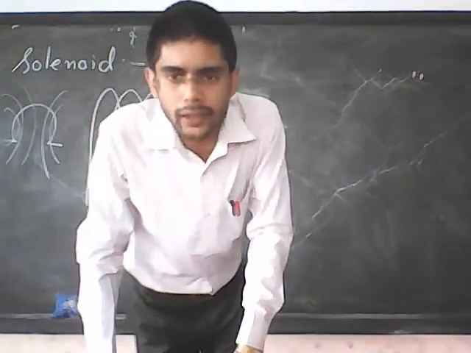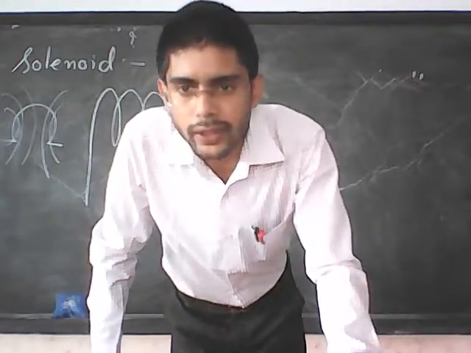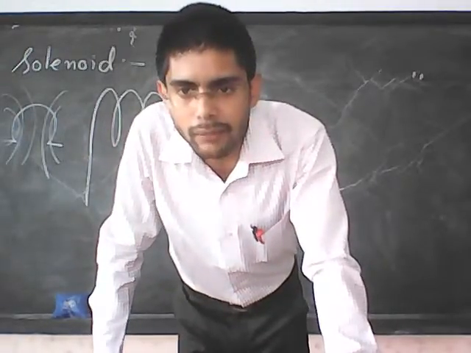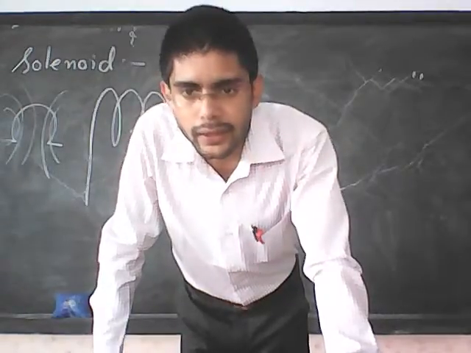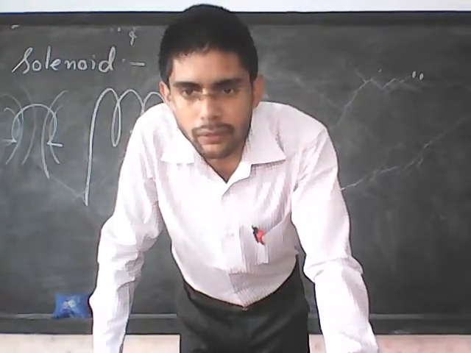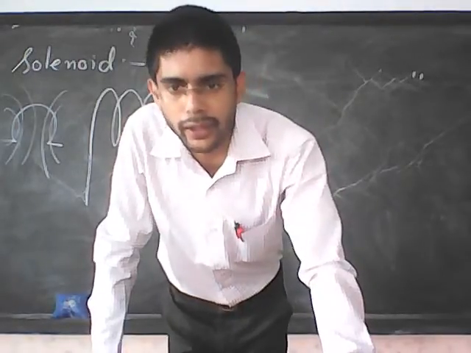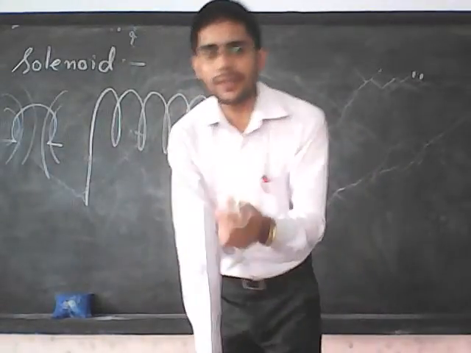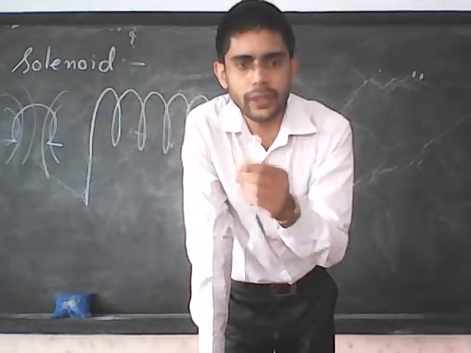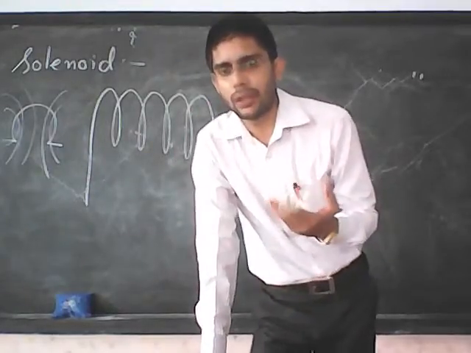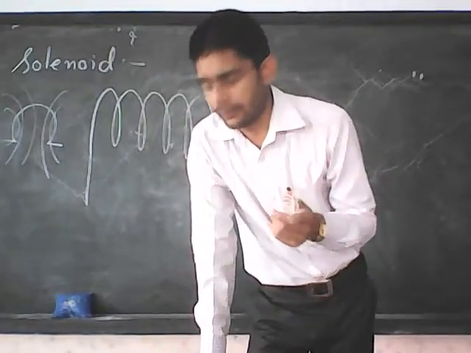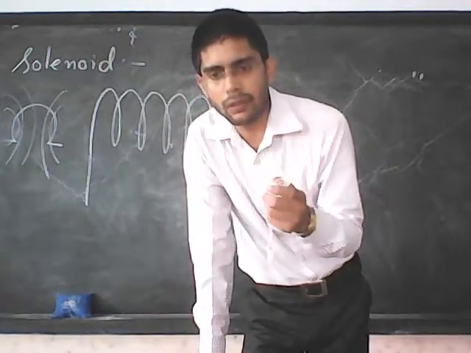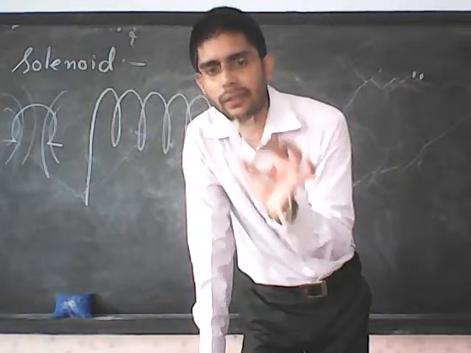Okay, some of you are writing in the comment section, that is okay. Which contains a strip of wire around it, very good. A cylindrical coil of wire acting as a magnet when carrying electric current, okay. A long, tightly wound helical coil of insulated metallic wire, okay. Good. So now it means that you understood the meaning of solenoid. Now how can we find out the direction of magnetic field? And I will also show you how it behaves like a bar magnet.